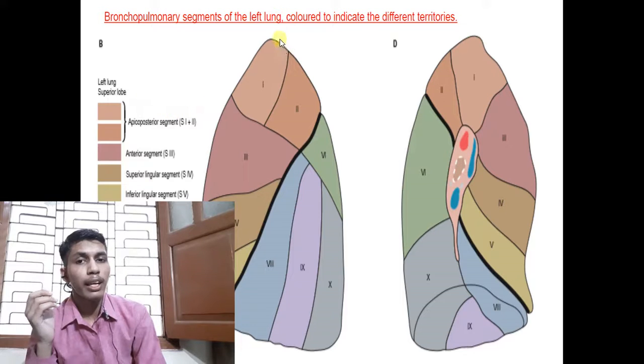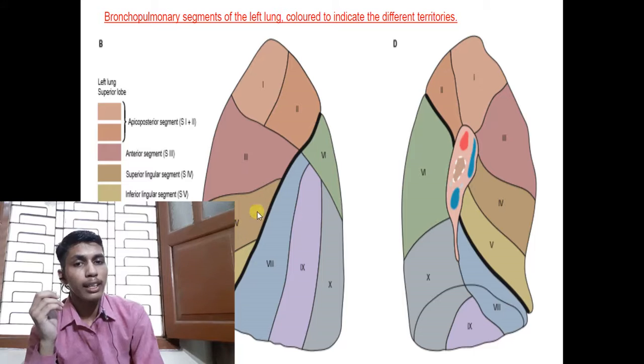So here at the superior most, the apex, is the apical segment. Here is the posterior aspect, so here we find the posterior segment, and here we find the anterior segment. These are the segments of the upper division of the upper lobe of the left lung, and here lies the inferior or lower division of the upper lobe of the left lung,